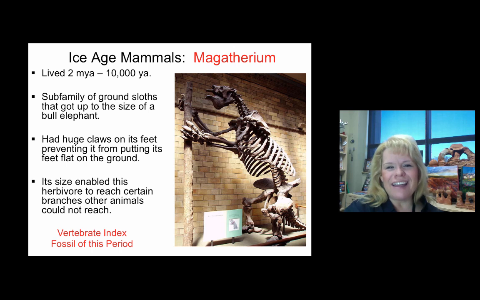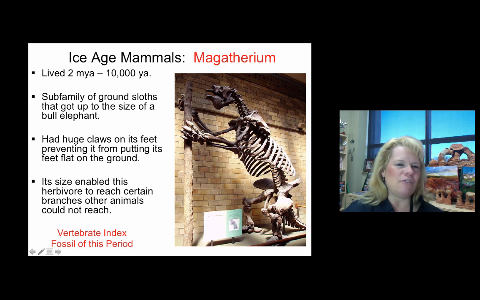Magatherium. This is the giant sloth. So when you think of sloths, you think of the animals hanging out of trees at the Waco Zoo. Well, this guy would have been a tree hugger, but not in the same way that you're used to seeing. He would have been reaching for the food resources at the top of the tree. And check out this jaw right here. He needed super strong jaws to tear off the stuff that he's going to eat and actually chew it.